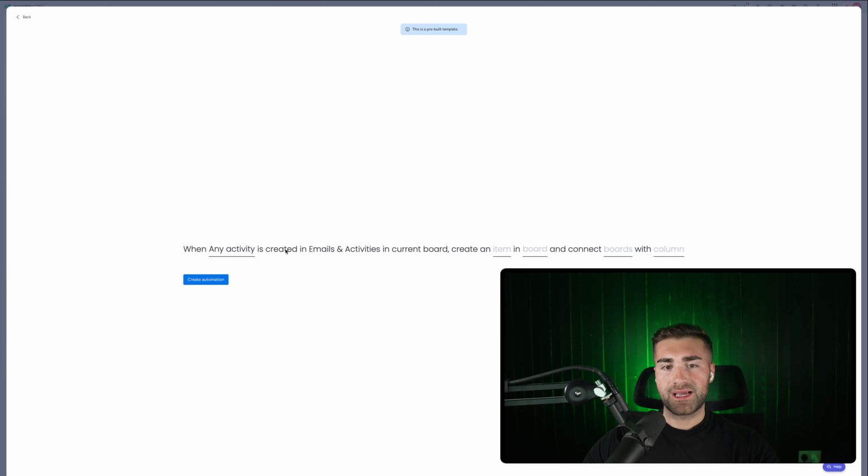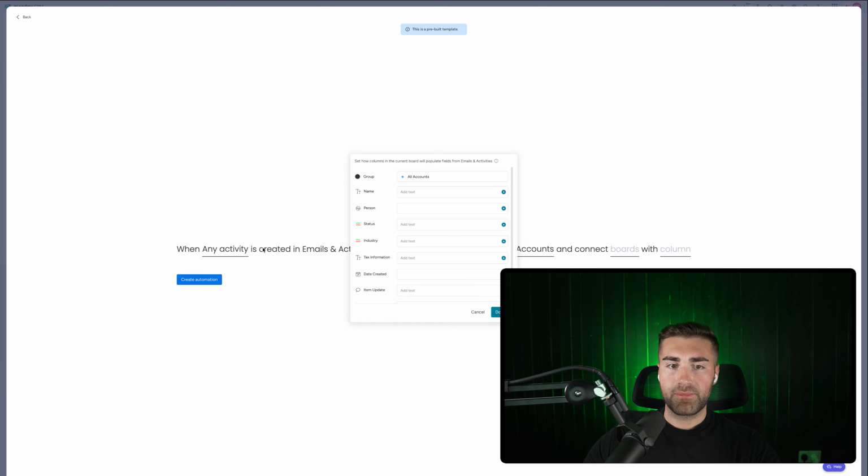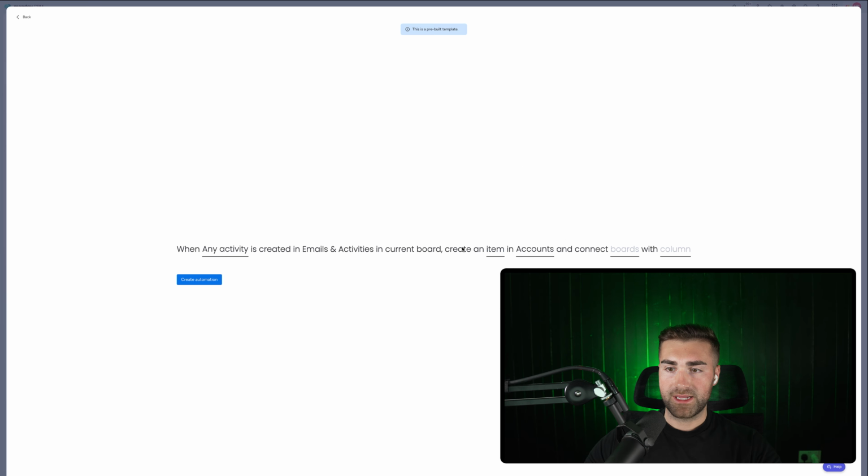Any activity, when any activity is created in emails and activities, create an item in the accounts board is what we're looking for. I've probably got, that's the one we're looking for. And then we can map the data points from the activity to the item, and then we'll connect the accounts with the,